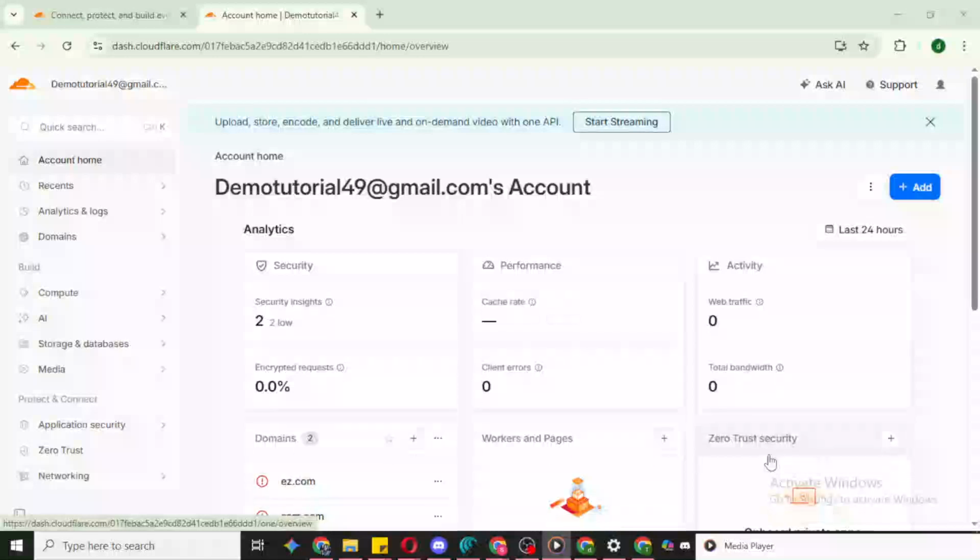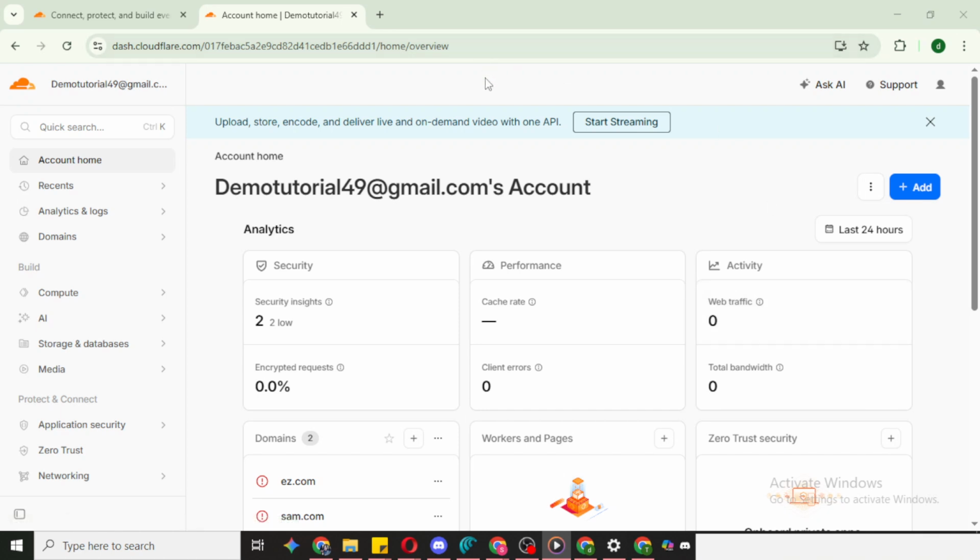In today's video, I'm going to teach you how to block IP in Cloudflare. If you manage a website and notice unwanted traffic, blocking a specific IP at the edge is a fast, effective way to protect your site. I'll walk you through the exact clicks and fields to make this change safely and confidently.